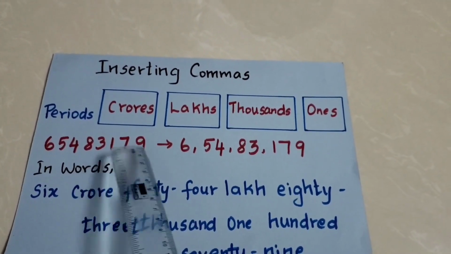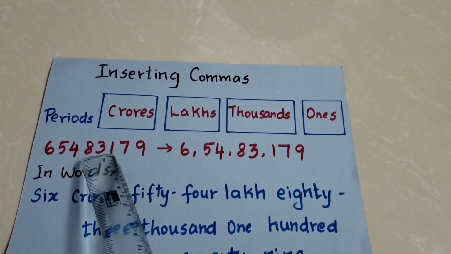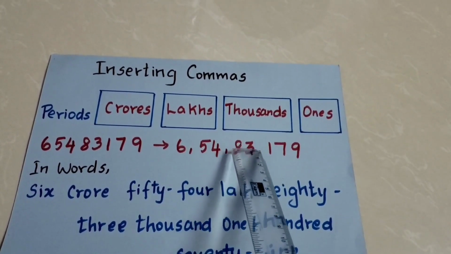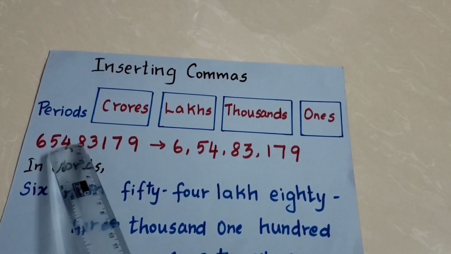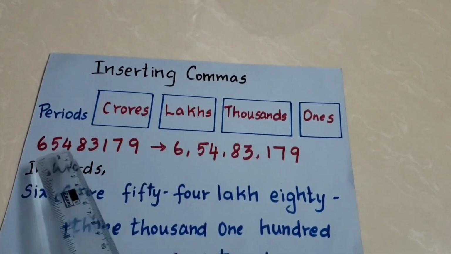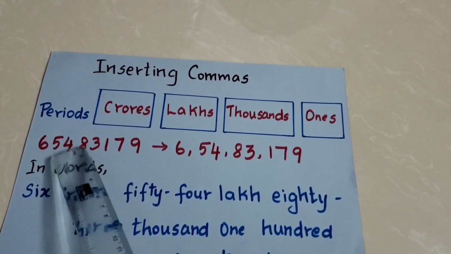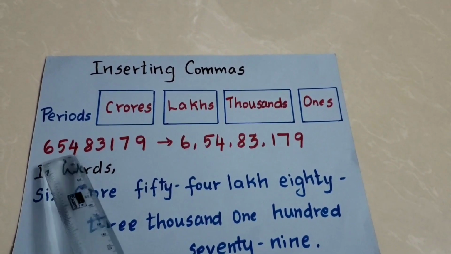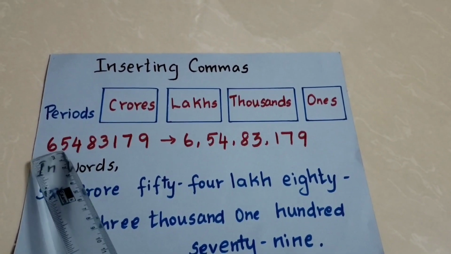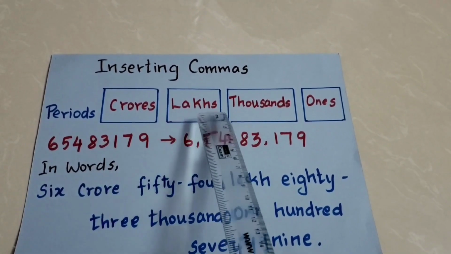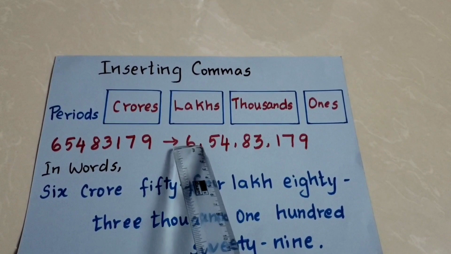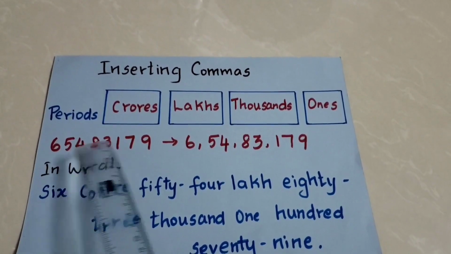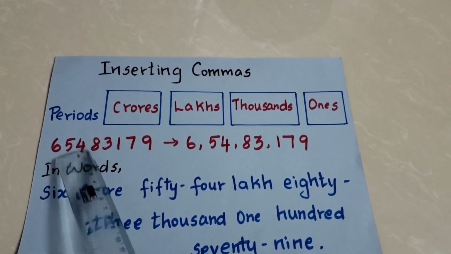Let's find out the places first. Ones, tens, hundreds. So these 3 places come in the ones period, so I have inserted one comma here. 8, 3 come in thousands: 1000, 10,000. 2 places come under the thousands period, so I have inserted one more comma here. 4 comes in lakh, 5, 10 lakh. These 2 numbers come under the lakhs period, so I have inserted another comma. 6 in crore. So in words we can represent it as 6 crore 54 lakhs